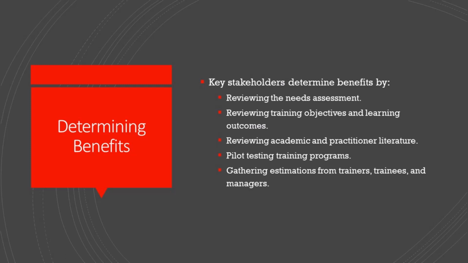To determine the benefits of training, we collect information from multiple sources. First, we review the needs assessment to identify the reasons the program was created in the first place. We can also use the training objectives and the learning outcomes to identify the goals of the program and the trainees, respectively. In academic and professional journals, both researchers and professionals share their evidence-based approaches, examples, and best practices,